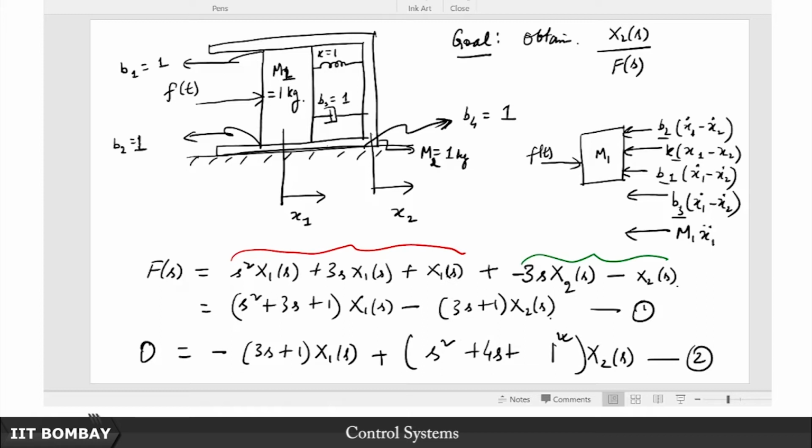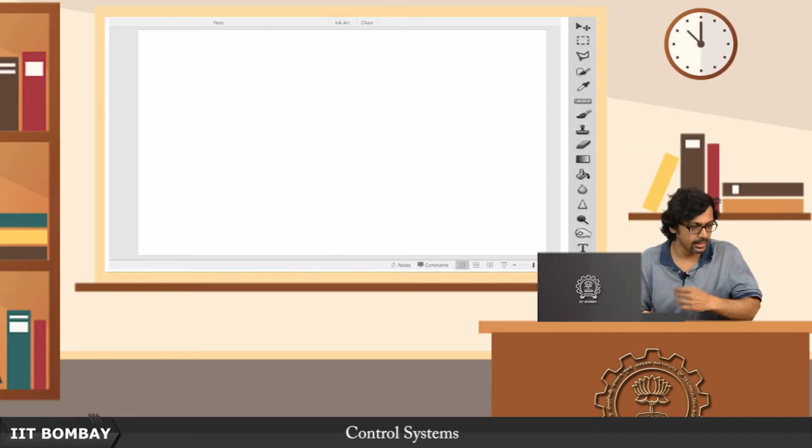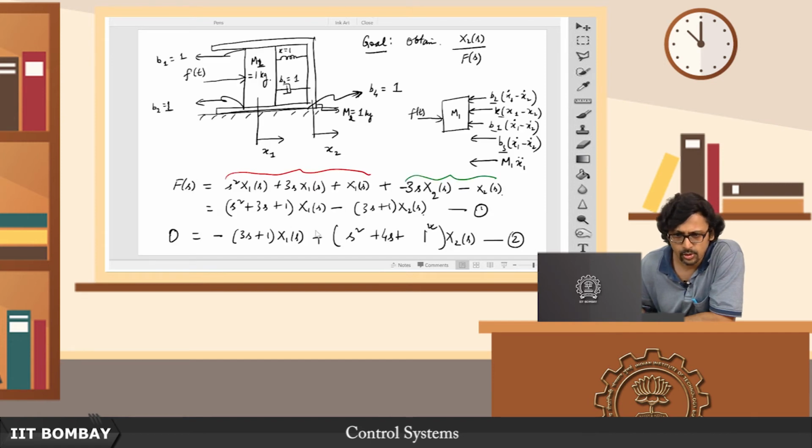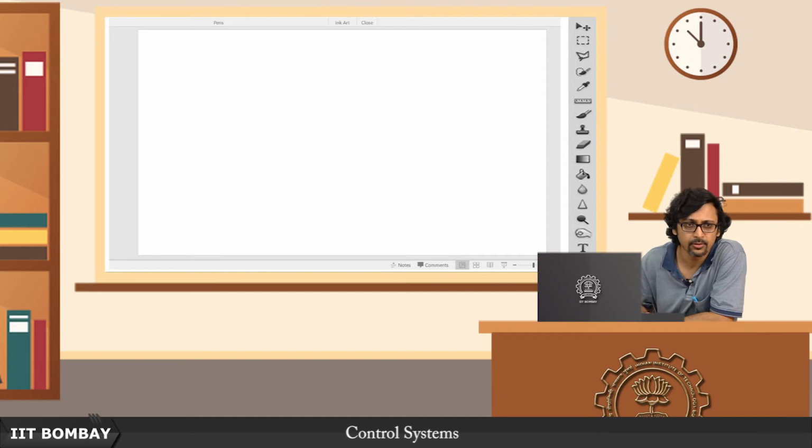So again I will take the easy way out, and you work this out using Cramer's rule by eliminating or whatever you want to do, right. And if you can solve for this, you will see that eventually if you solve for these 2 equations that I have given you, you will find that x2 of s upon f of s comes out to be 3s plus 1 divided by s cubed plus 7s squared plus 5,